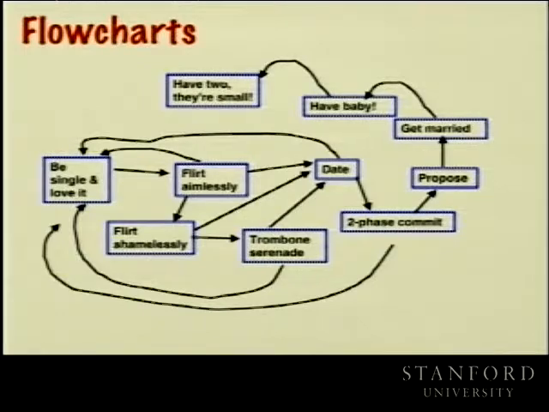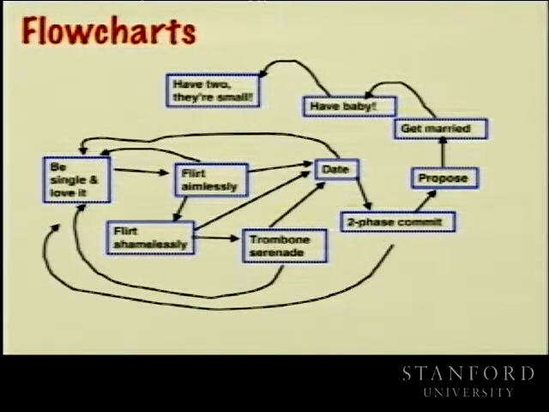Another one, lots and lots of arrows, that tell you about the life cycle of Stanford relationships, all captured on one slide. In terms of flowcharts, flowcharts have a lot of things about directionality, like you're in this state and you can move to this state, so that's your neighboring state, and